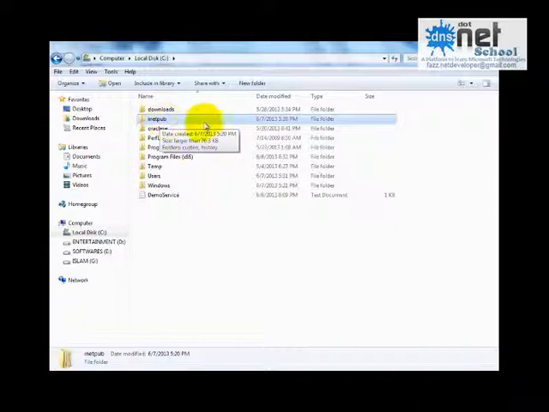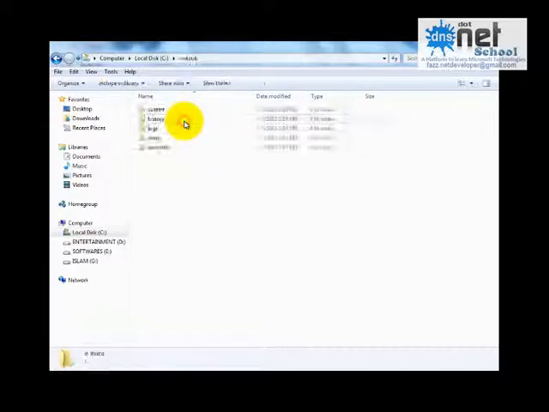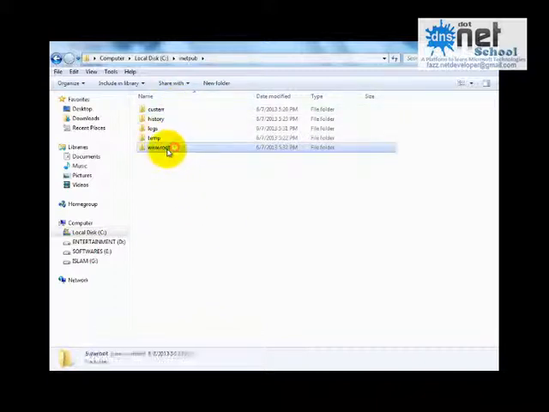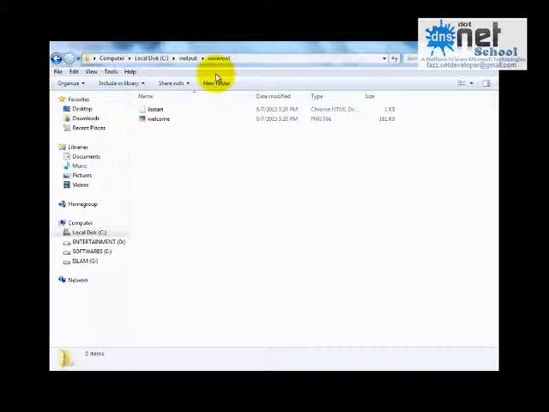Under this inetpub folder you can see some folders, but the important folder is wwwroot. Whatever contents you place in this folder and its subfolders will be visible to the clients.